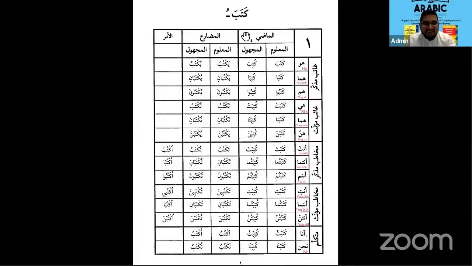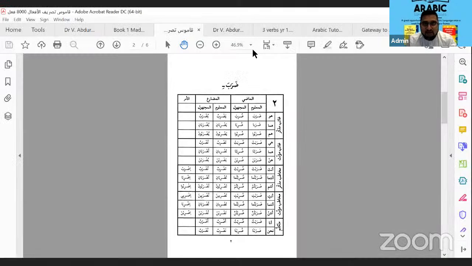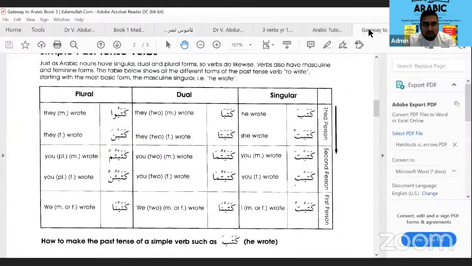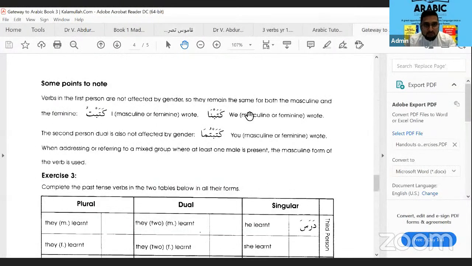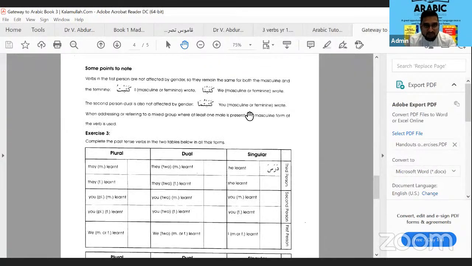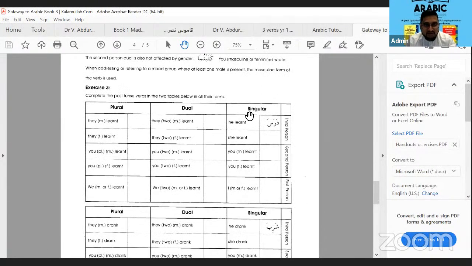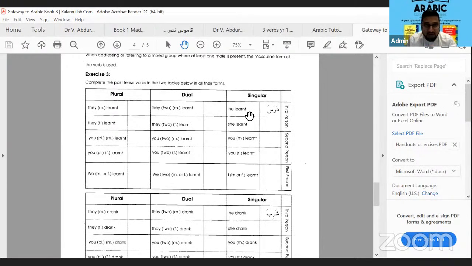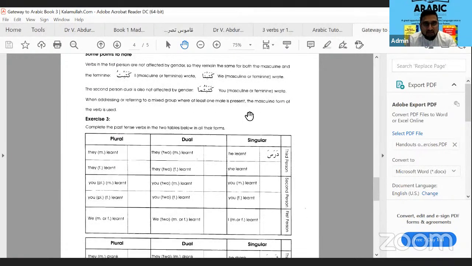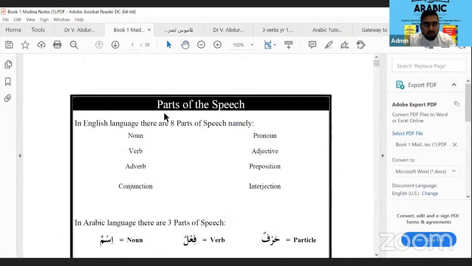Excellent. I like that. Okay, give me 2 seconds. Let me just try to get this back. Which one is it? Is it this one? Here is the actual template. The verb is darasa. Would you be able to do this one, or shall I give you darasa? Let me just give you something easier. It's not going to be fair on you.